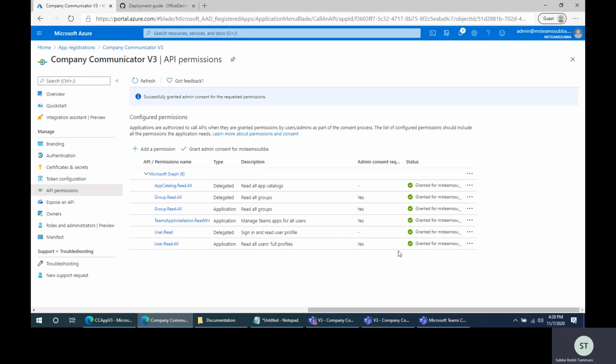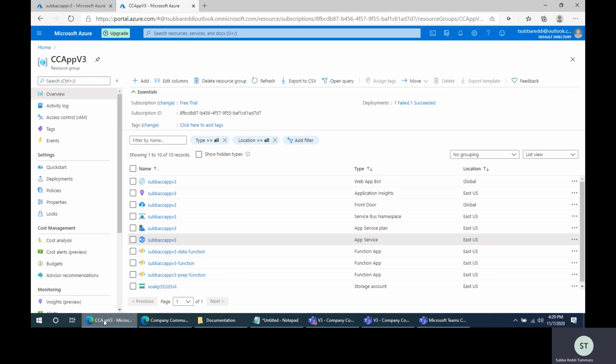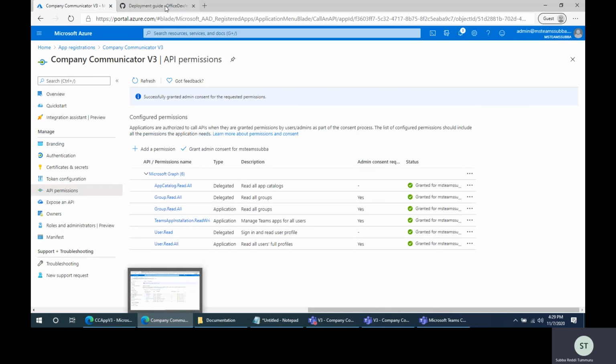So your application should be able to read all the distribution list groups, M365 groups, and you should have permissions to install the app, and to read the members from the group. So to get all the permissions, we need to add these permissions here. Once this is done, the configuration from M365 and the Azure portal is done. So now the next step is to